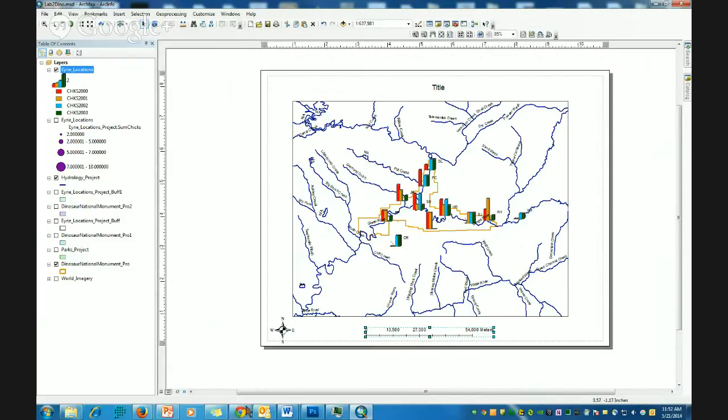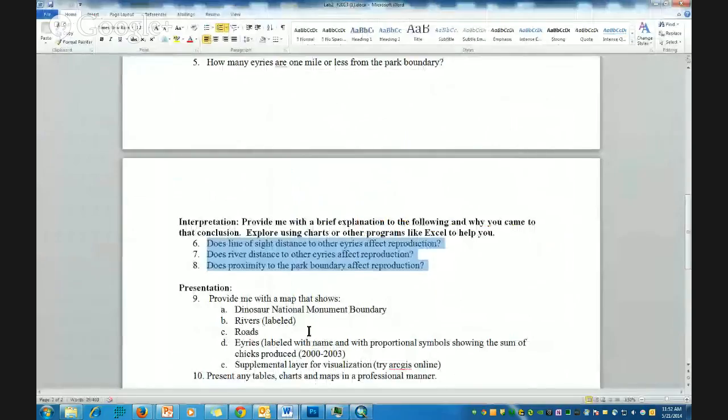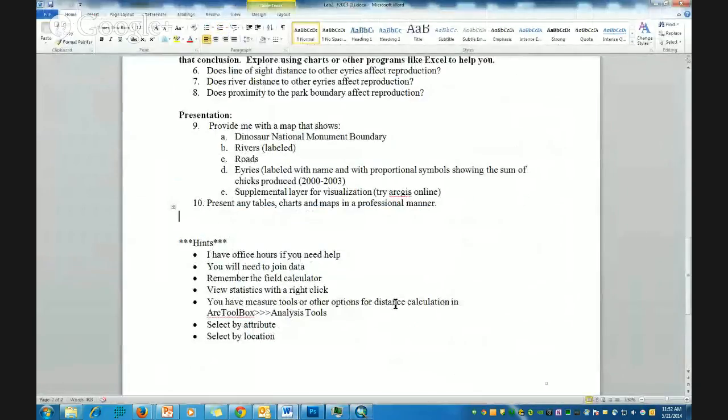And if you actually reference the Lab 2 document, you will see that there are several requirements that I want you to use. So you have to have the monument boundaries, labeled roads. I would like a proportional symbol, but you can also expand on that. And if you happen to have any tables or charts or other supplemental graphs, you can include these